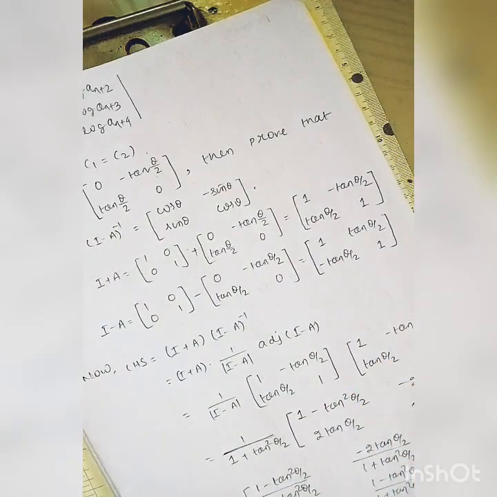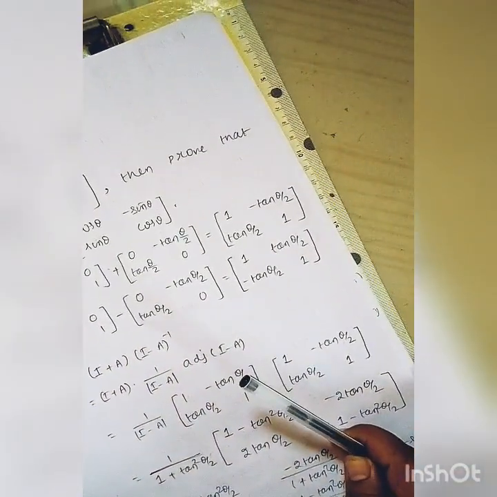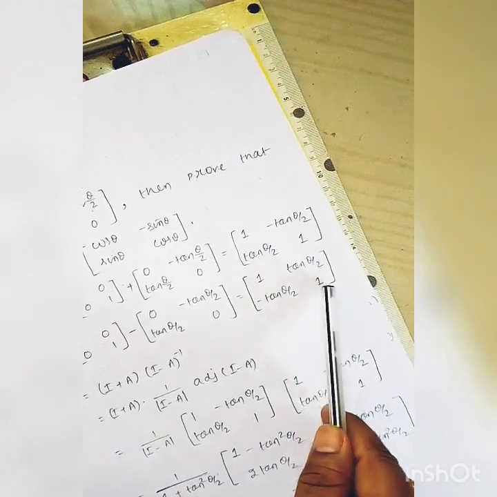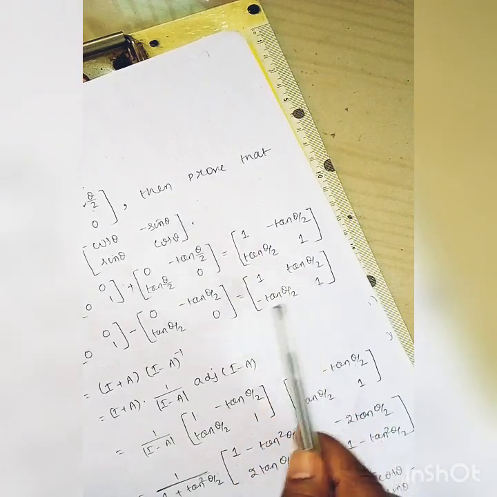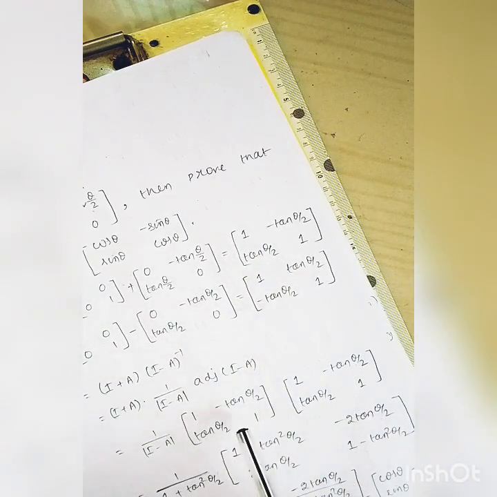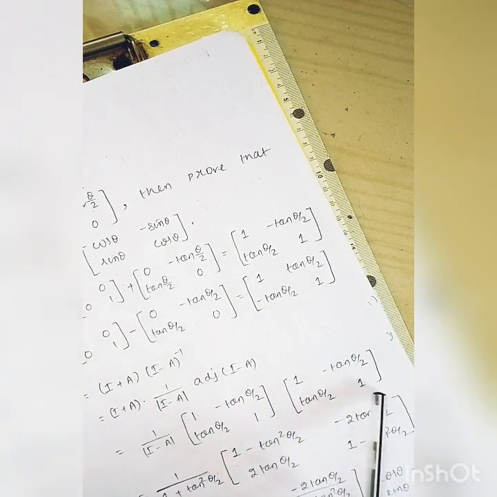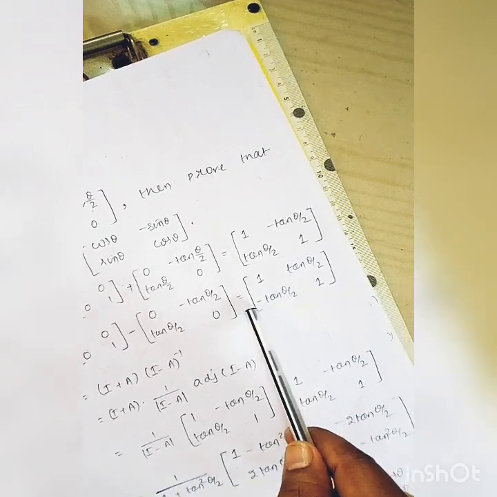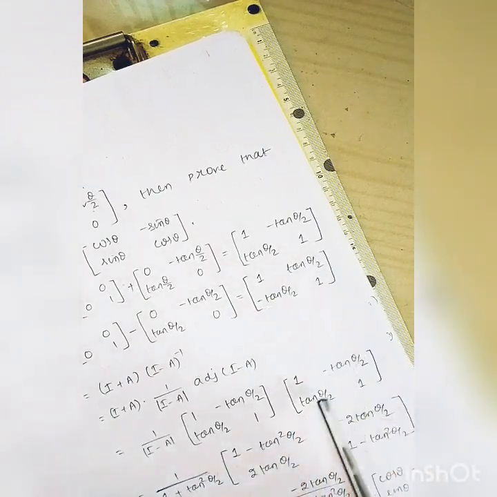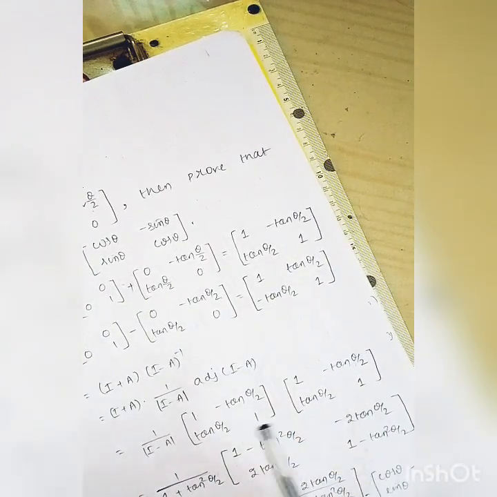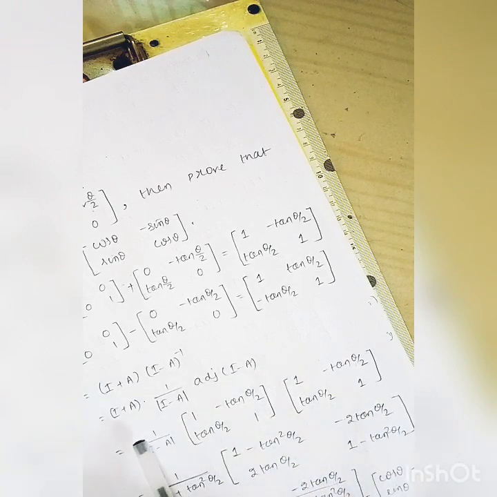We know that in a square matrix of order 2, to find the adjoint, we have to interchange the main diagonal elements and multiply a negative sign in the off diagonal elements. As these two are identical, by interchanging, they are also the same. Again, multiplying a negative sign in the off diagonal elements, you get this. Now multiplying these two matrices, now 1 by determinant of I minus A.